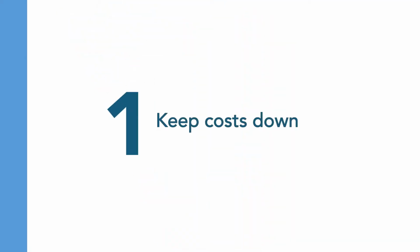So number 1, keep your costs down. Home-based primary care providers are spending the majority of their time in the car and traveling to and from private residences or facilities. So spending up on medical office space and other rental and lease fees that would be associated with a formal medical office building is really not worthwhile. They're in the home, that is their office, or on the road, so don't spend up on those kinds of costs. It's also important to consider the equipment, the medical supplies, how many immunizations you're purchasing, and even how you